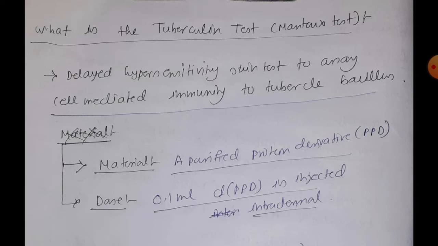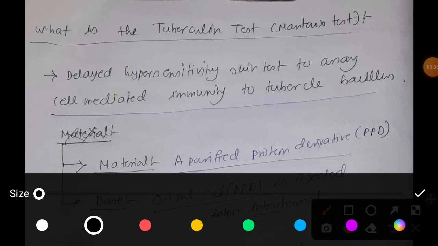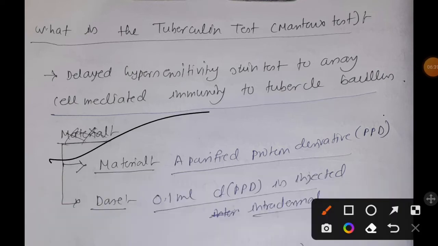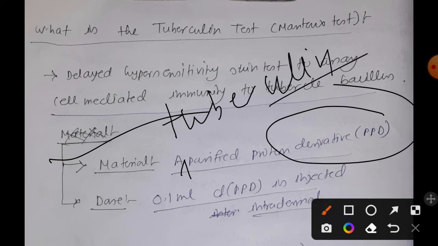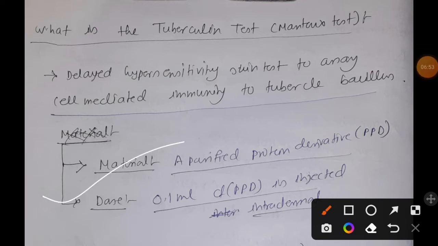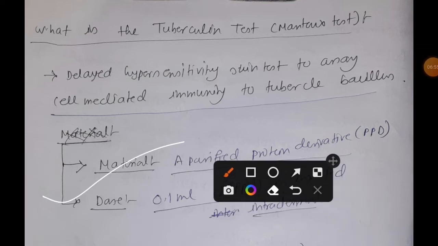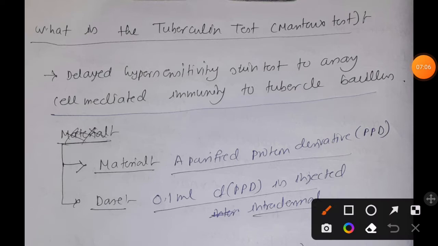So here what we will do, our material will be a purified protein derivative, known as PPD, although it is tuberculin purified protein derivative, and the dose will be 0.1 ml of PPD injected intradermally, okay. So what will happen? When we inject 0.1 ml of PPD intradermally, if the person was previously exposed or has been exposed to